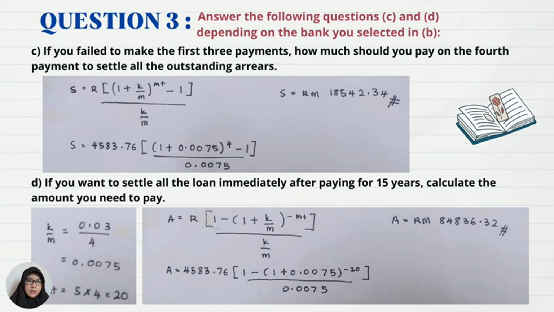Bismillahirrahmanirrahim. Next, answer the following questions C and D depending on the bank you selected in question B. So from question B before, we choose the Al-Quds Bank. For question C, if you fail to make the first 3 payments, how much should you pay on the fourth payment to settle all the outstanding arrears? So for this question, we use this formula to find S. So we use the S formula to find the outstanding arrears on the fourth payment. Then we enter all the values that we got before. And for the MT here is 4. Then count all of this with the calculator and the final answer, we got